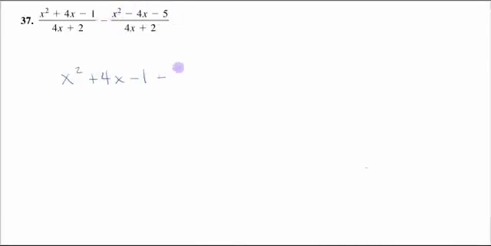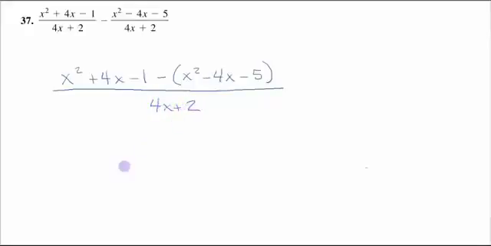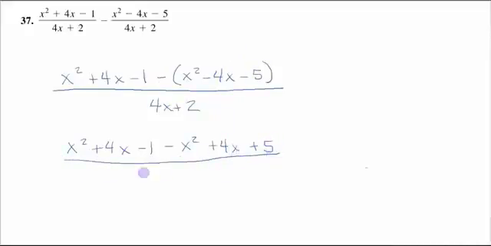So I'm going to subtract and make parentheses so I am sure to subtract the entire numerator. The denominator stays the same, and now that makes a big difference. We get a minus x squared, a plus 4x because we're distributing that negative, and a plus 5 all over